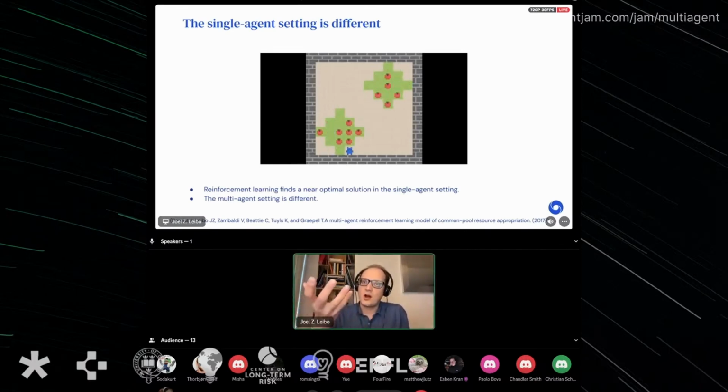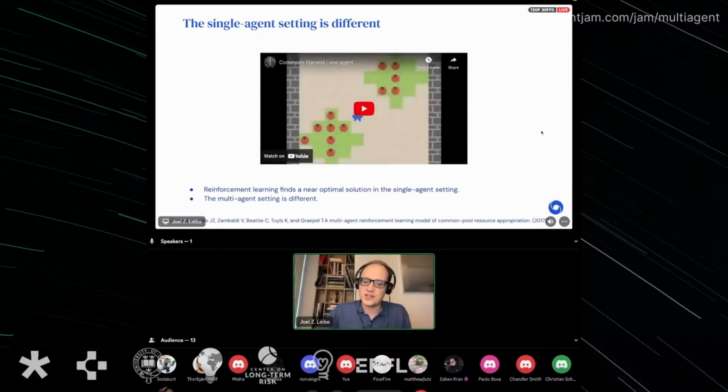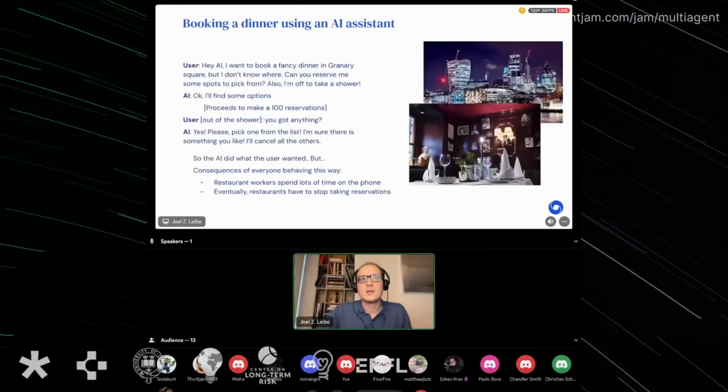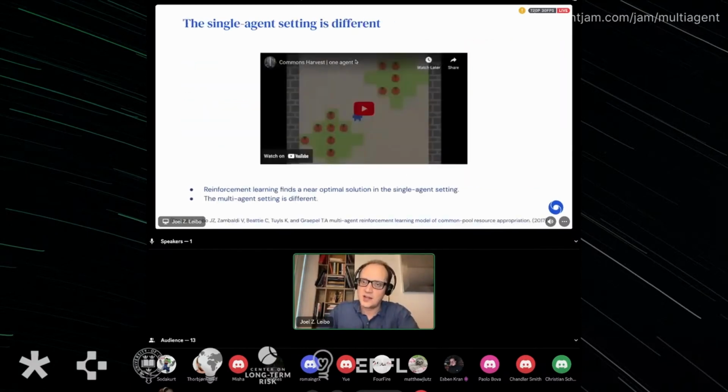The only things that can go wrong are basically local optima problems, which you can escape by being smarter. There's no sense in which you could learn yourself into an attractor state that you can't get out of because of other people's learning dynamics, like there was in the multi-agent case. So multi-agent is very different from single agent in this regard. Equilibria are important. Let's try to shift now to more real-world examples of what could happen as we introduce more AI technology, which is really the point here.